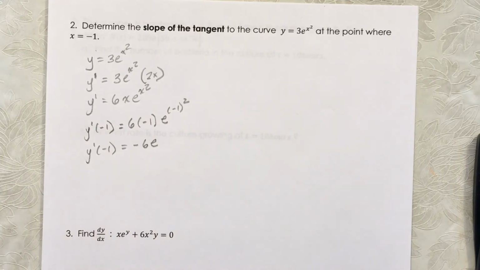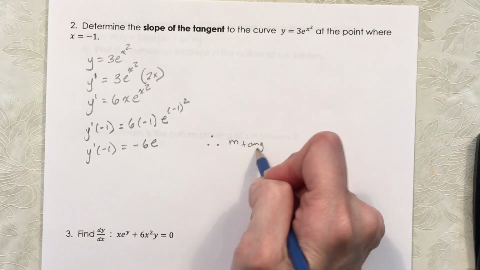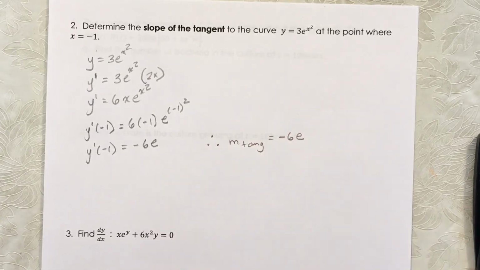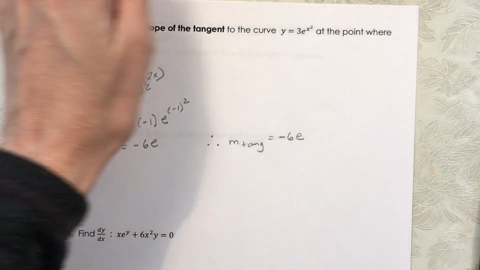And just like when you're working with radians and pi, you leave things in terms of pi, same with e, we want to leave things in terms of e. So you're going to say, therefore, the slope of the tangent is -6e. If you wanted to know what that was on your calculator, you could do e to the 1 times -6. Oops, I got a syntax error there. E to the 1 times -6. So it's about -16.3 approximately,